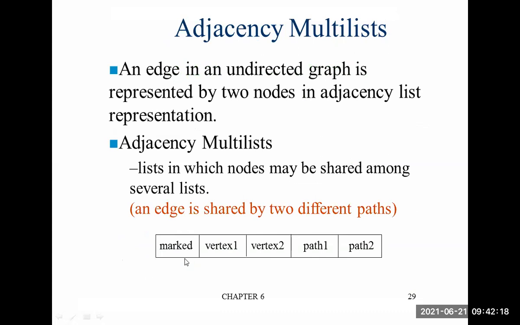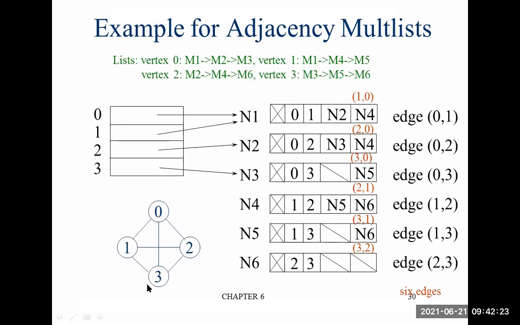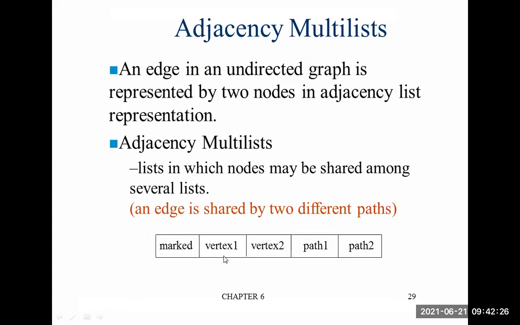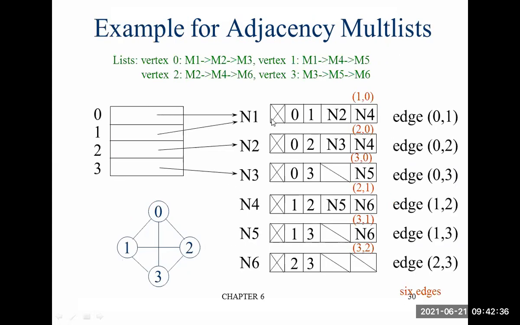One is marked. We just represented it with this symbol. Then what we have to do, then vertex 1. Then where is the next path, where we have to move. Vertex 2, the next path. Okay, clear? So first you have to write the different possibility edges here. First 0, 1, 0, 2, 0, 3. Next 1, 1, 2, 2, 1, 2, 3. Then 2, 2 to 1 is there, 2 to 2, 2 to 3. Next 3 to 1, 3 to all is there. So just stop here. The same you have to represent like here. Okay.